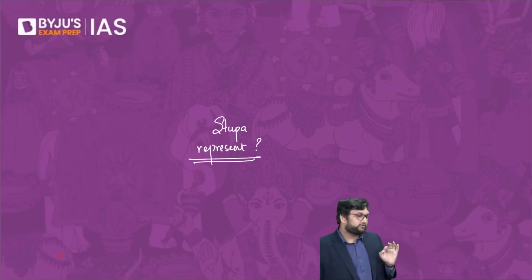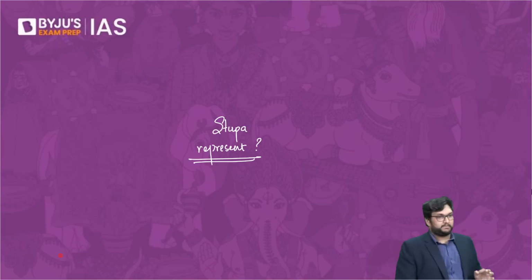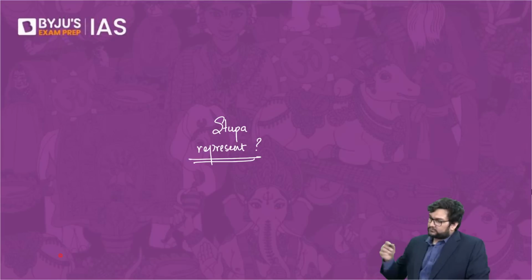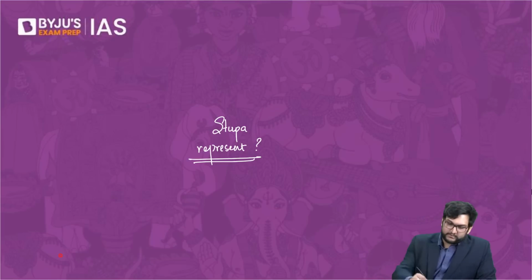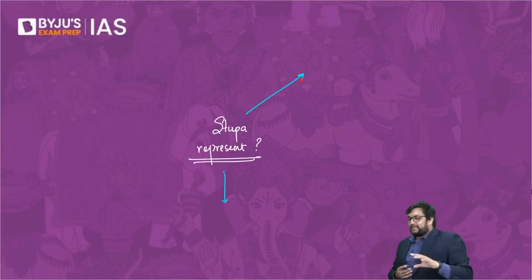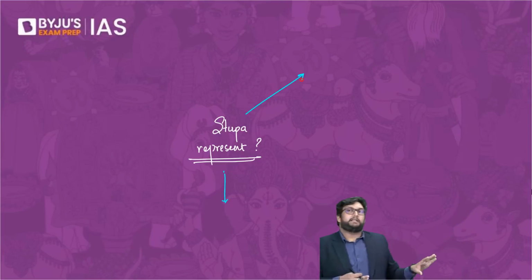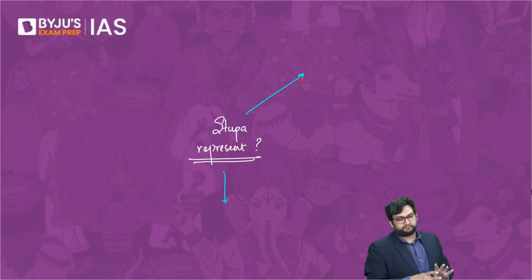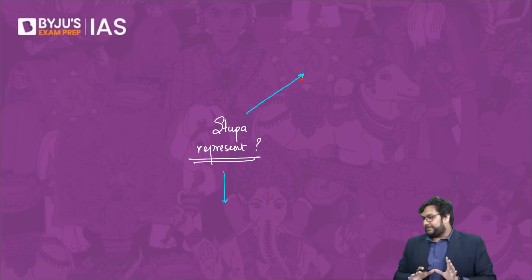So, the stupa, what does it represent? What does it represent? There are two main purposes of stupas. See, stupas are not made till Buddha is alive. And very simply,